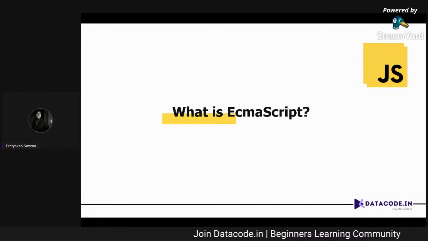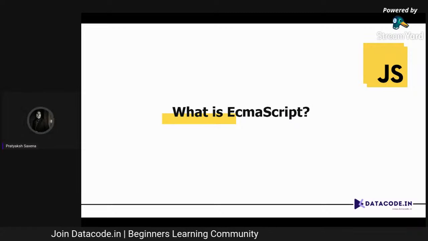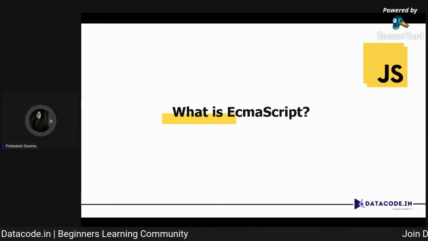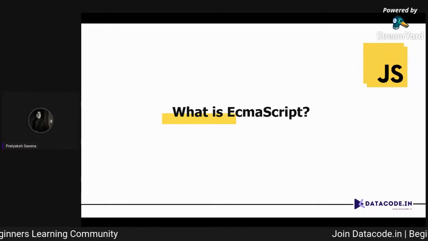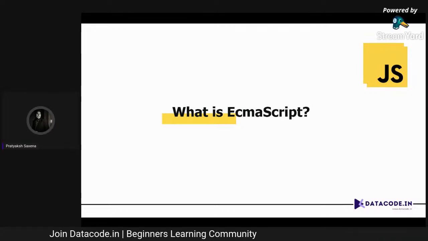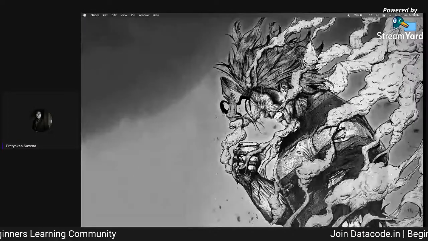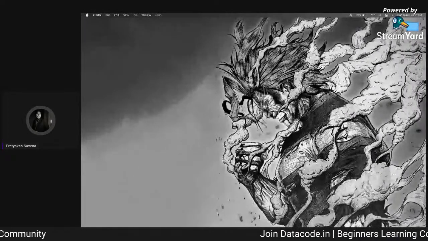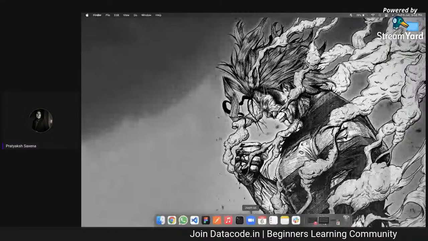Now, instead of having a PPT session, what I want is a very interactive, code-along session. So I'll slowly cover different topics, and you can code along. If you face any issue, just let me know in the comment section, and I'll answer those questions for you. So let's start with creating a JavaScript file.